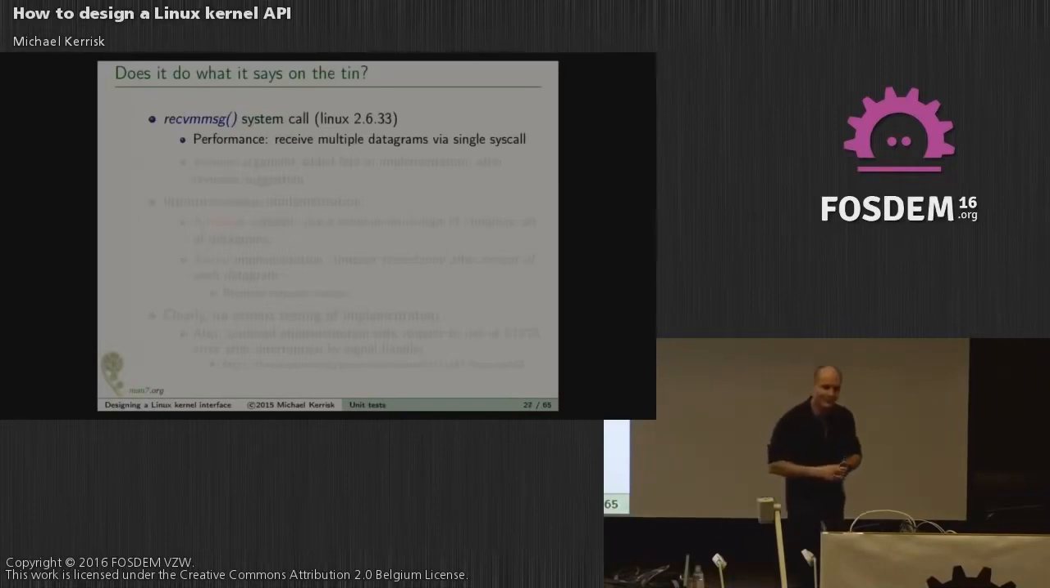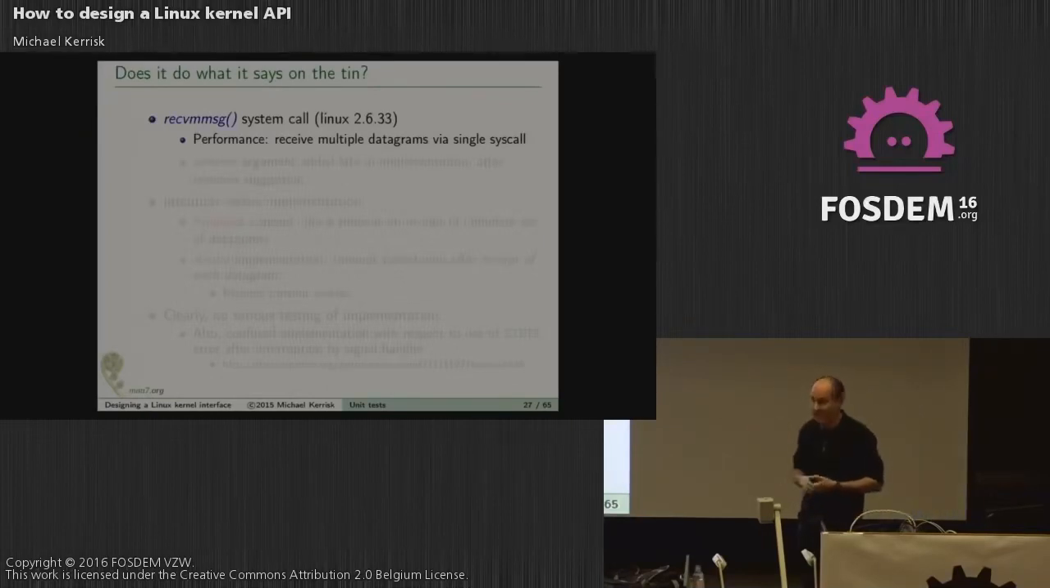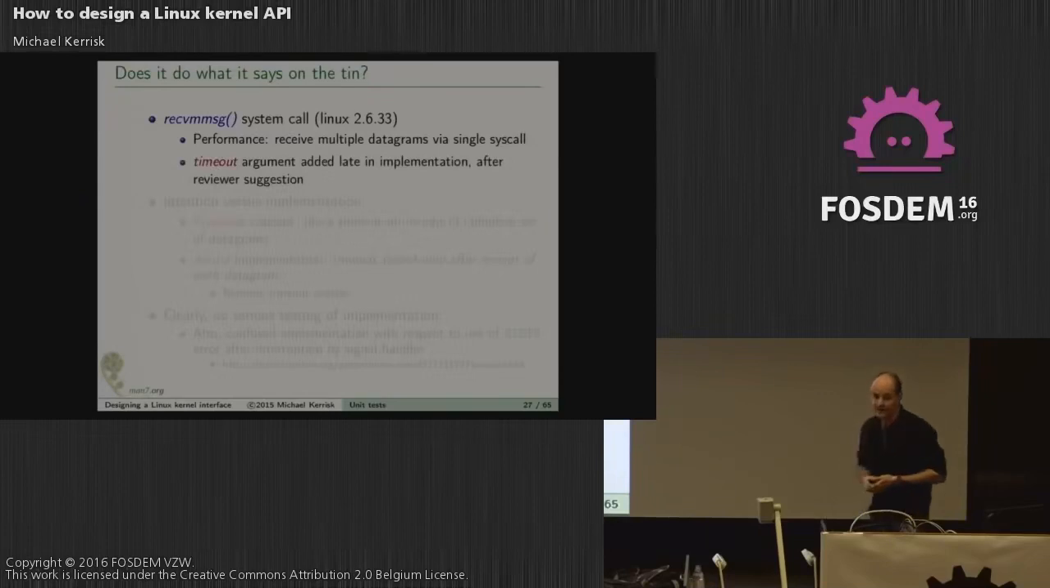More examples. recvmmsg. This is a relatively recent system call in Linux. It's a performance optimization. It allows you to, in a single system call, read multiple datagrams from a socket. A lot of these more recent system calls are all about I/O optimization. recvmmsg is just another example. Now, a lot of system calls like this that block benefit from having a timeout argument. And the person who implemented recvmmsg